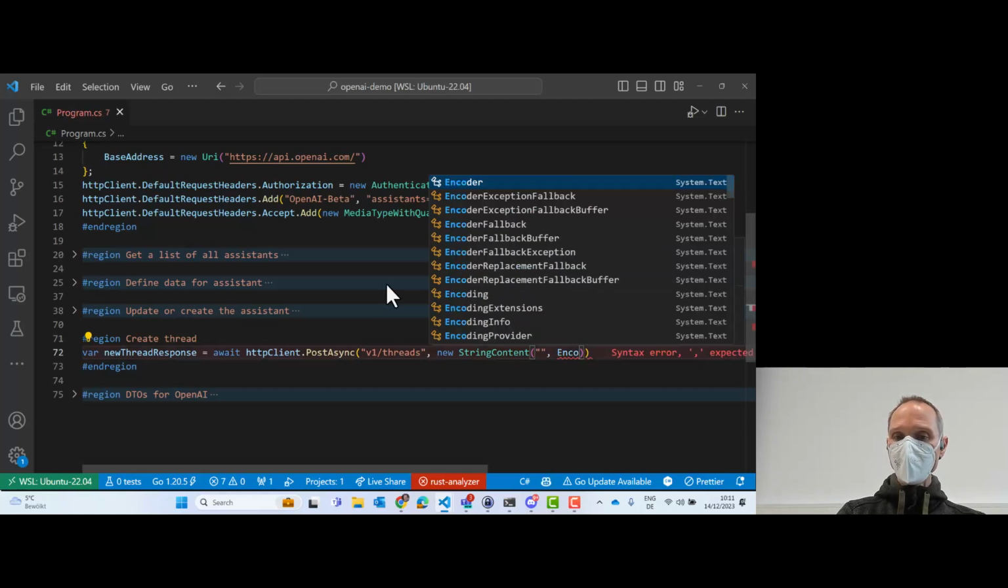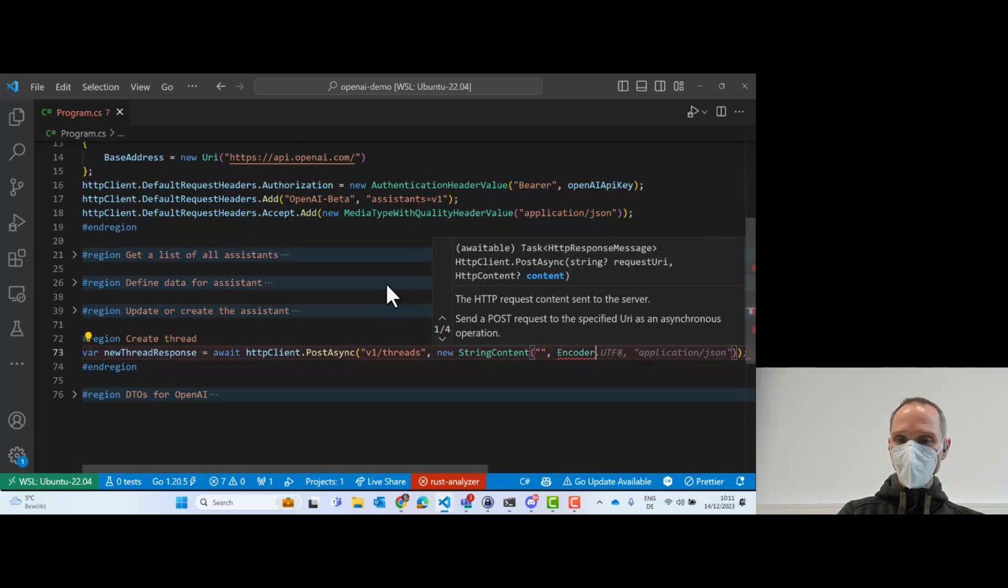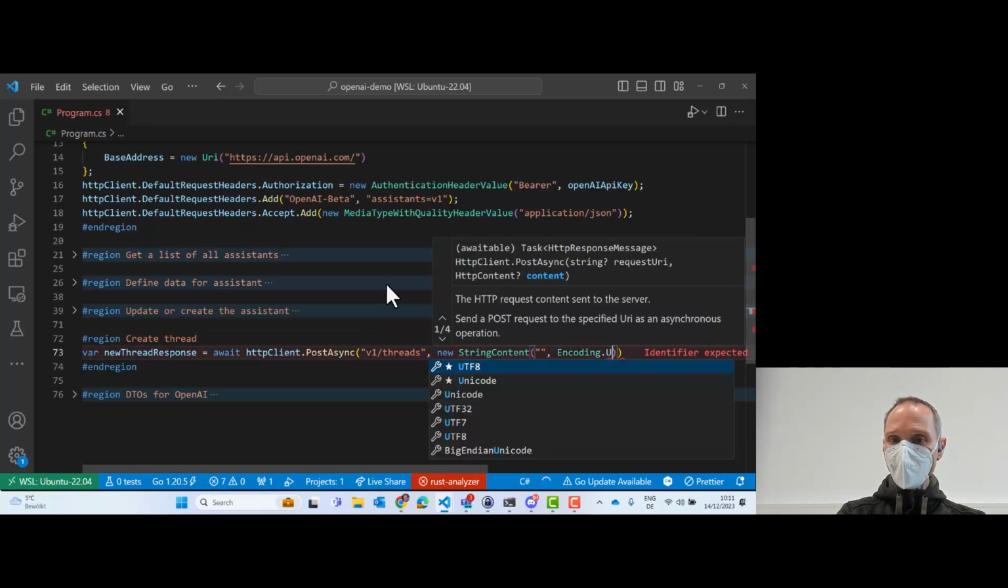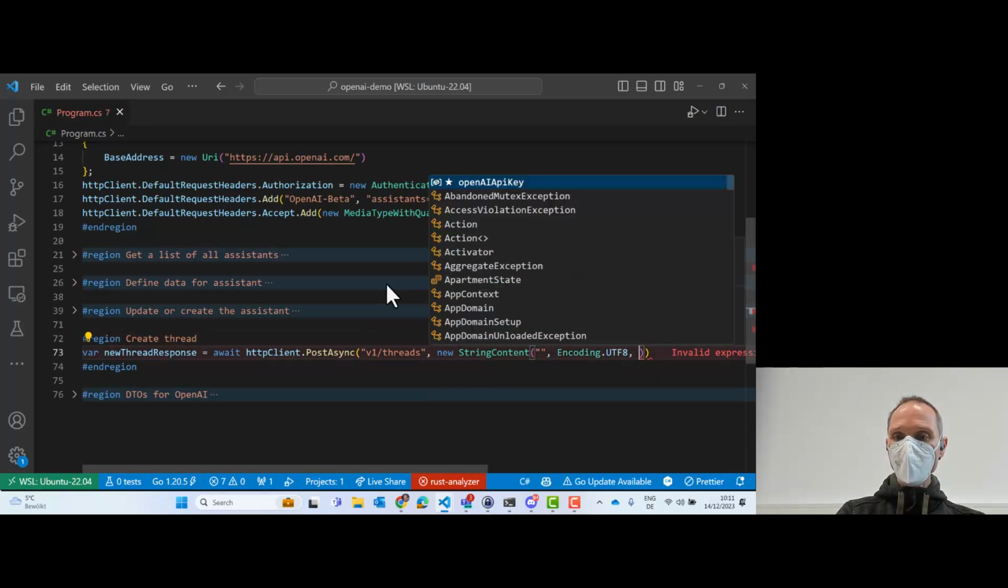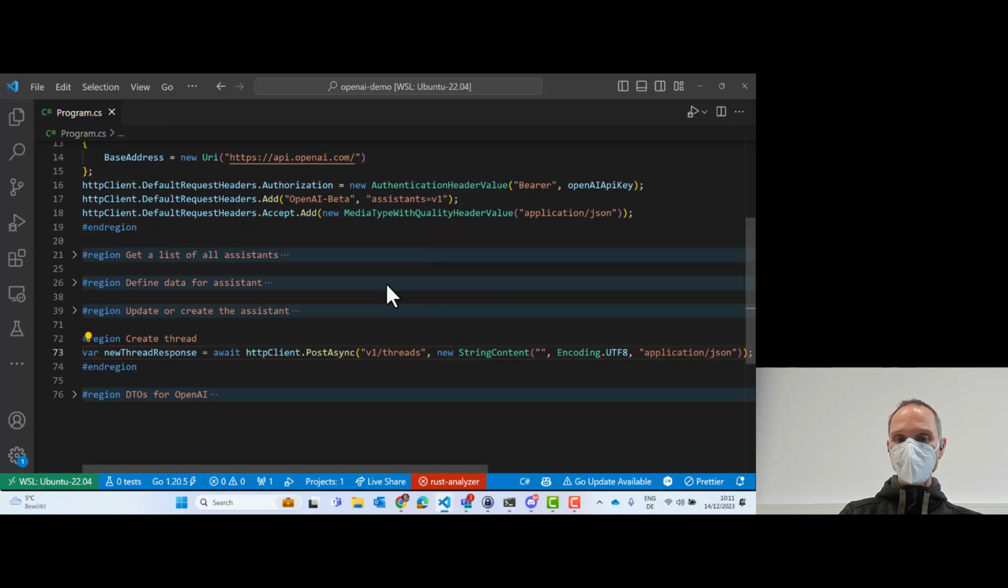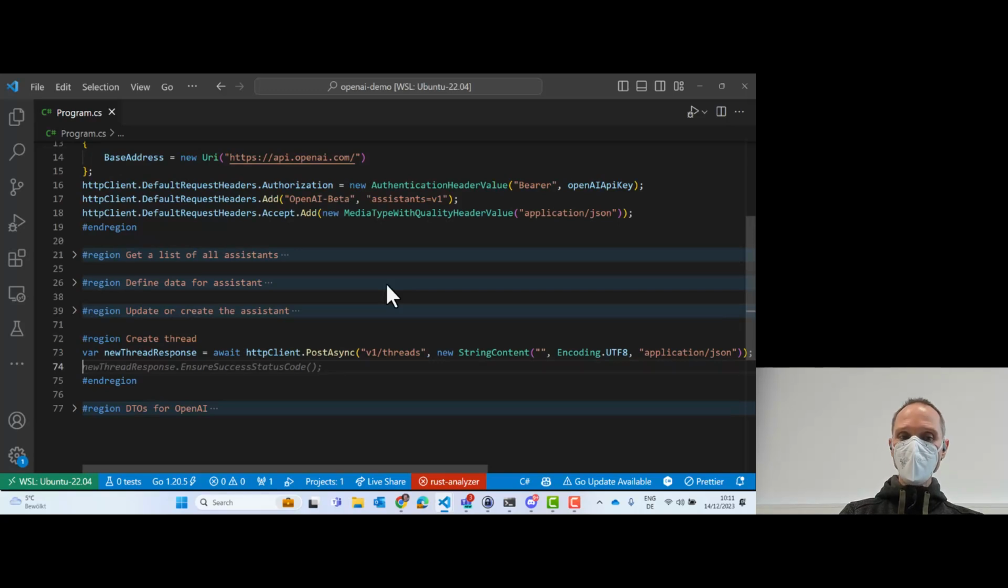I want to encode with UTF-8, and we want to send application/JSON. Now this call here sends an empty body using the POST request to the endpoint v1/threads. Okay, let's ensure that it was successful by calling the EnsureSuccessStatusCode, and then we can deserialize